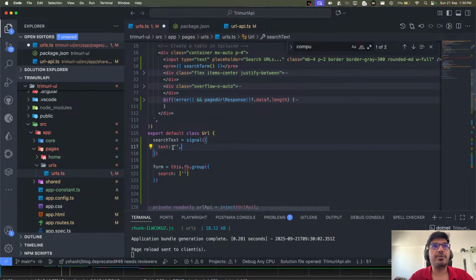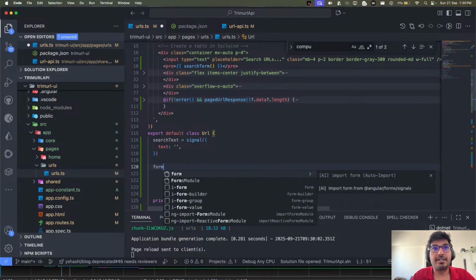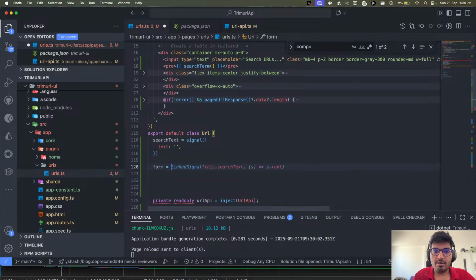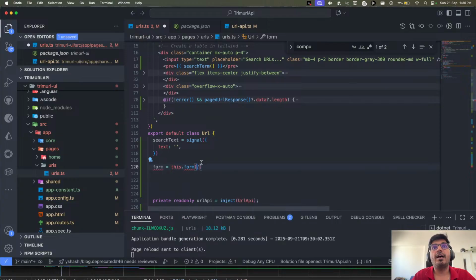But now what I'm trying to do is make use of signal to first create my model, and this model I'm going to attach to the signal form. So now this is the right time for me to create a form. How can I create it? I need to import something called form, and this form comes from here.